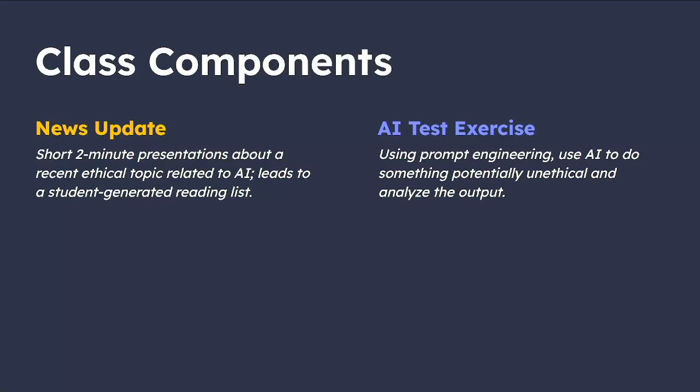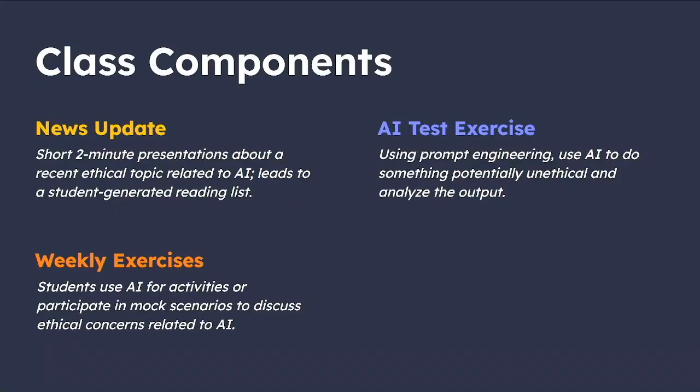The second component is what I call an AI test exercise. I have them use AI specifically in a way that is borderline unethical or flat out unethical. I have them try and see if it will violate copyright law, for example. Write a new chapter of a book that you've read, something like that. And then they reflect on what that means and whether or not they actually felt it was ethical. This serves 2 purposes. 1, it gets them thinking about what they're actually using it for. And 2, it actually gets them using the AI. So those students that I mentioned that had never used an AI before, this gets them using it, and it's due like the 3rd week of class. So we get everybody up to speed quickly.